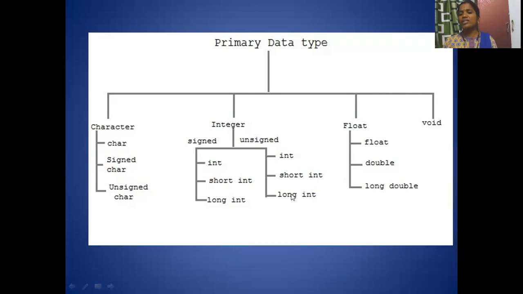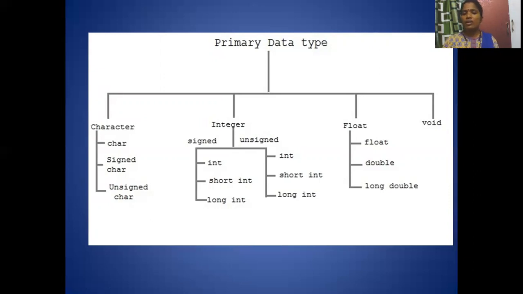So integers are divided into two, signed integers and unsigned integers. Unsigned integers have int, short int, long int. If you want to store the smallest number, that can be stored in short int. Next size is integer. In the next slide, we'll see the size. If you have the highest range of value, you can store it in long int.